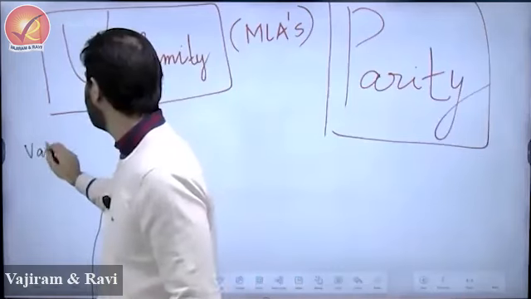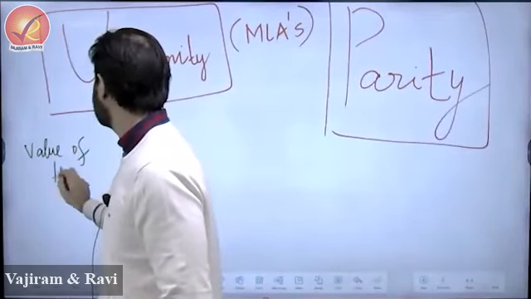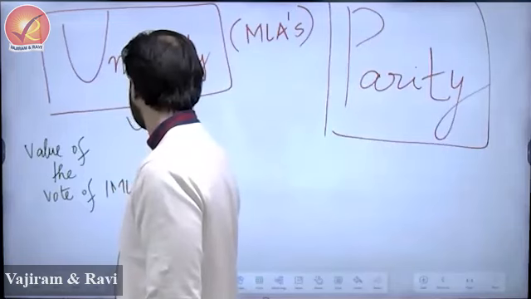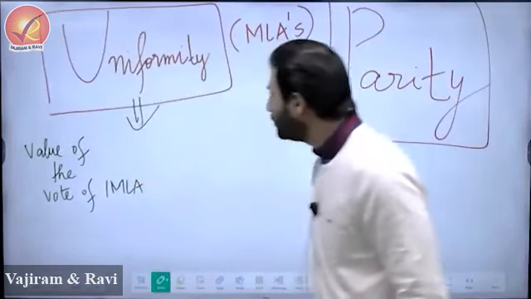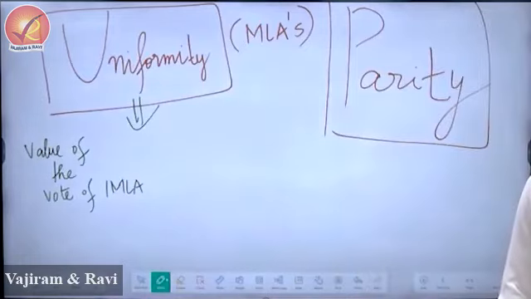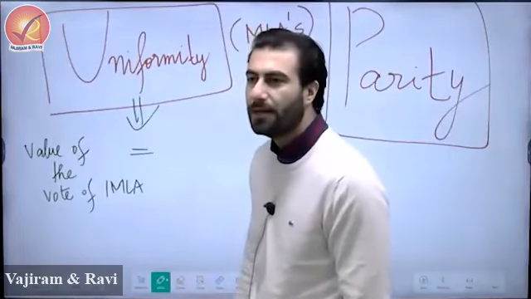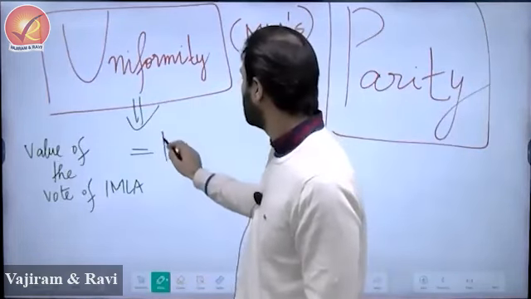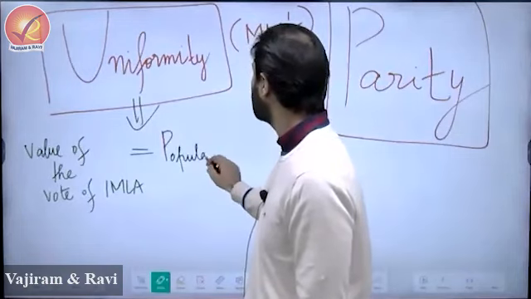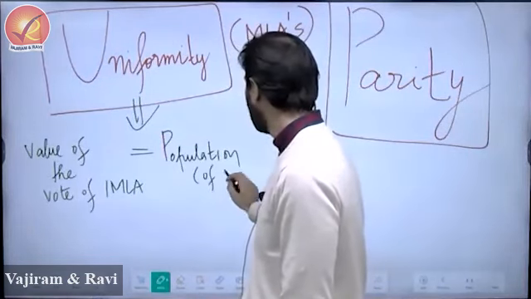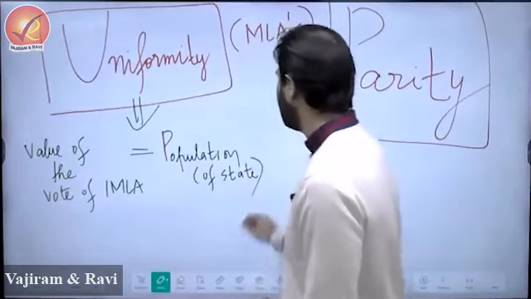For uniformity, or to maintain uniformity, we say the value of the vote of one MLA is equal to the population of the state,